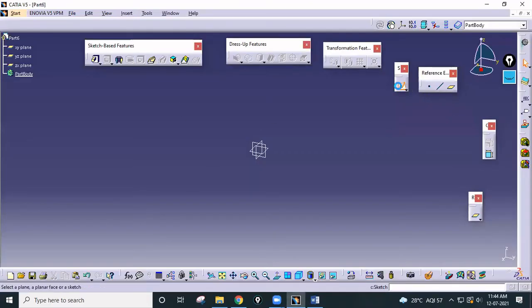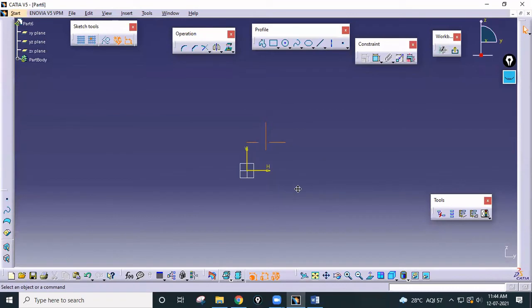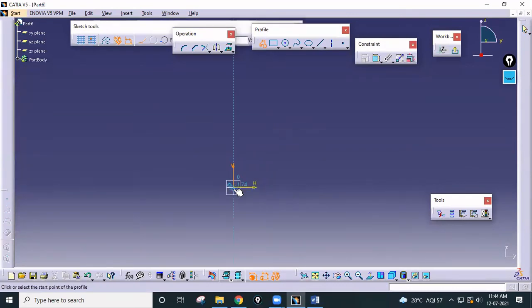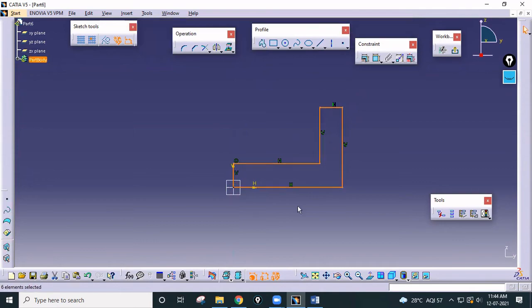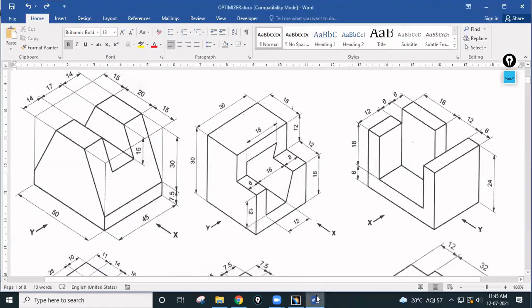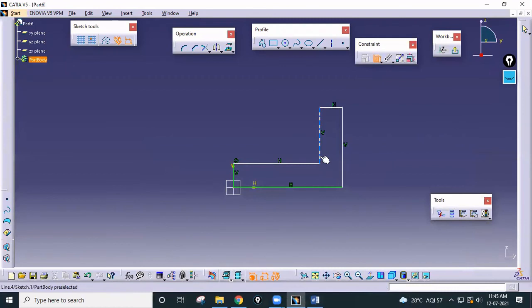So go to start, select this plane, and sketch, draw the L shape. Okay, this is the L shape. So total height is 24 and this distance is 6, and the total length from this end to this end is around 36. So 24, 36 and 6, those dimensions you have to use.